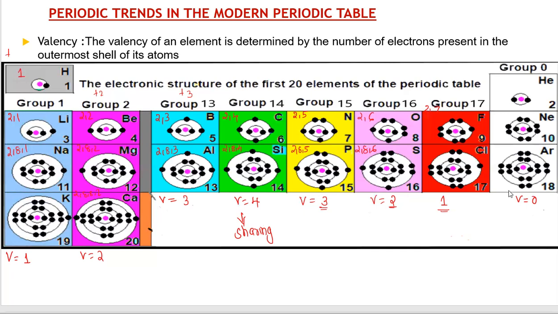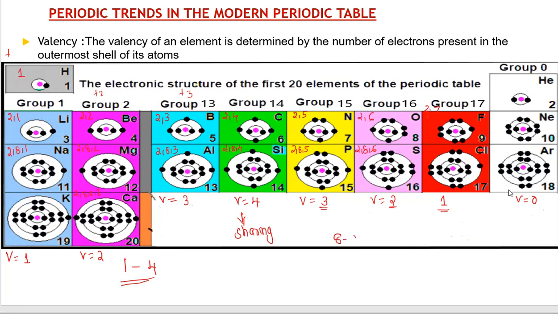So listen, children. If 1, 2, 3, up to 3 electrons are in the outermost shell, their valency is the same number. Okay, up to 3. 4 means they will share 4 electrons. If the number of electrons in the outermost shell is 4, valency is 4. So from 1 to 4 electrons in the outermost shell, their valency is also the same number. If more than 4 electrons are there, that is 5, 6, 7, 8, then how to find out valency is 8 minus the number of electrons in their outermost shell.